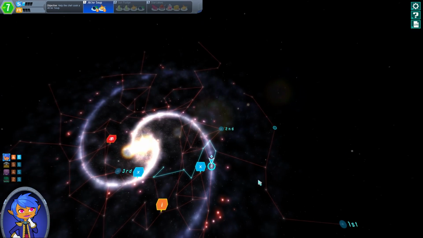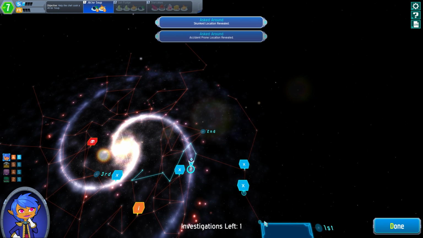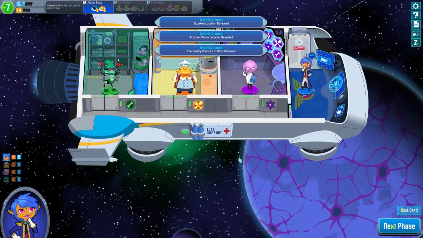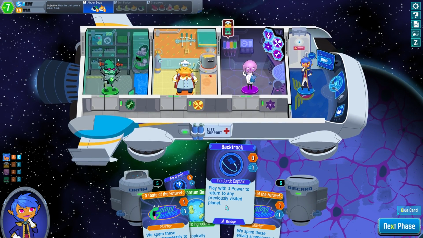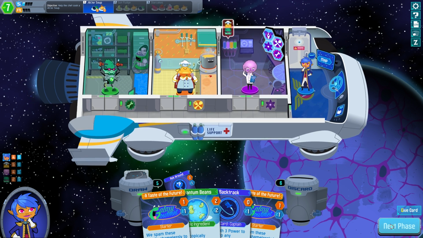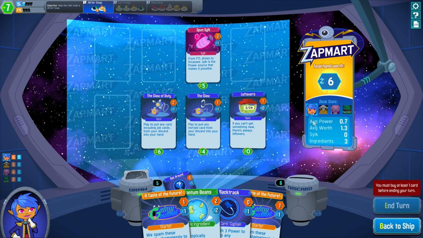Alright, well, let's ask around. So we're here. We may as well ask around down to there. But we can't move. We could backtrack. It takes us to any previously visited planet. But that doesn't help. If you go to a previously visited planet, it doesn't actually let you refresh this. So we're going to have to...